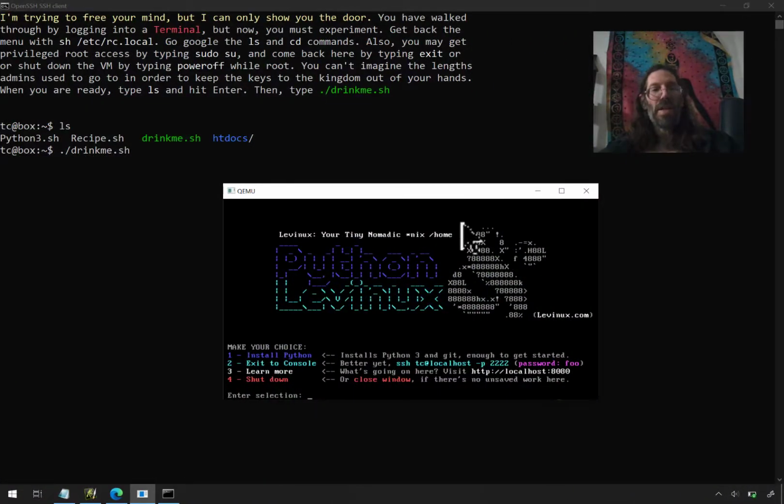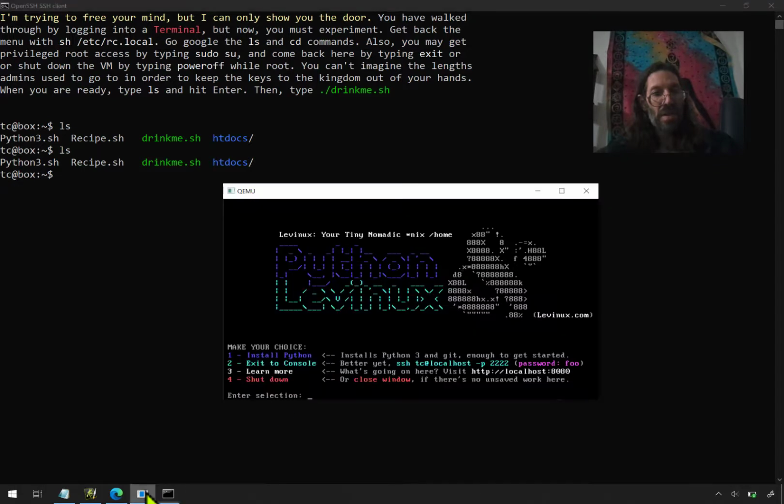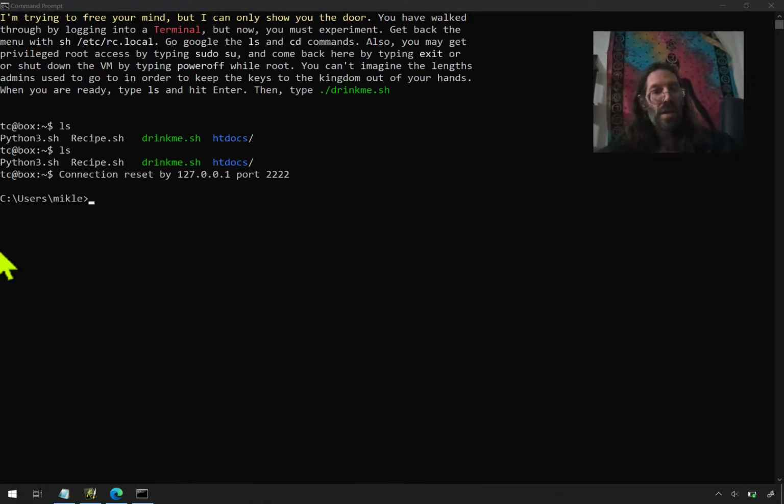I've done that plenty. I'm just going to show you over here that if I were to do a command like an ls, it's still working, it's still alive. I bring that Levinux thing to the front. I close out of it, and there, connection reset. See? So little server, little bit of old school where you can do no damage. It's just there, you know, if you do a bunch of stuff and you want to get Levinux back to